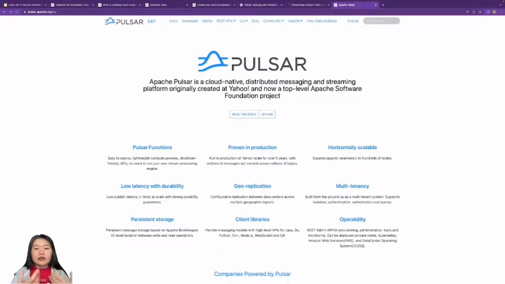So the thing is, Pulsar has already got it natively built in. There's this thing called geo replication. If you have different data centers installed, with clusters of these processing capabilities, brokers scattered across your different data centers, Pulsar already has it built in. So in some ways, it takes the extra complexity off your mind, because within itself it already has mechanisms to deal with rebalancing, right? There are topics partitioned off in different brokers, for example,